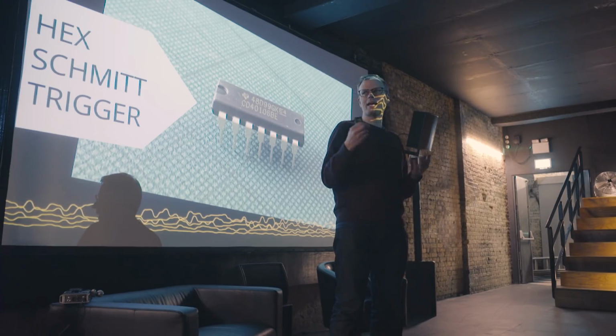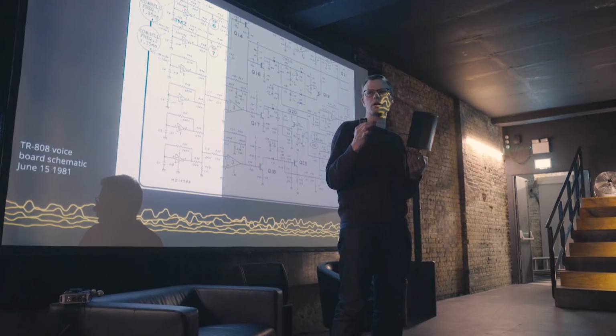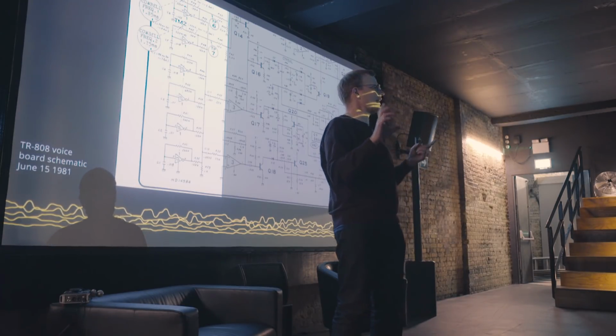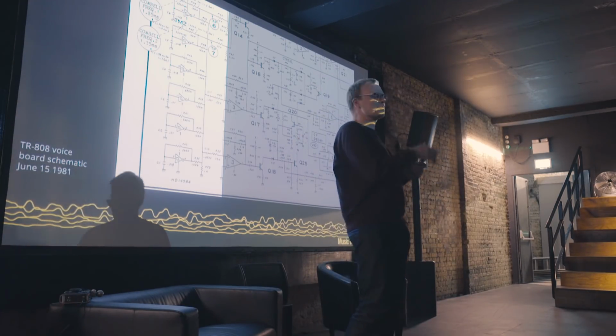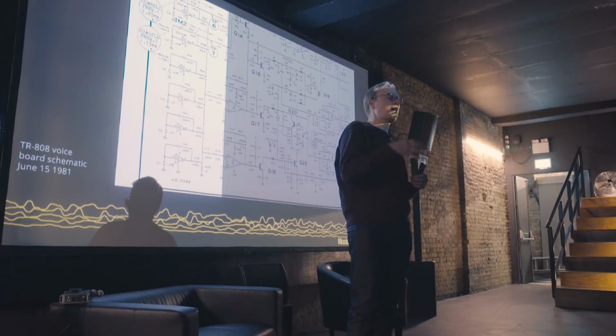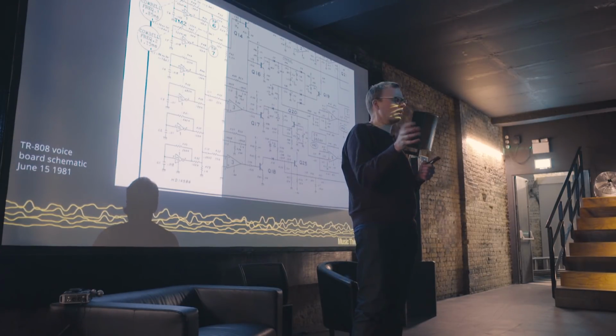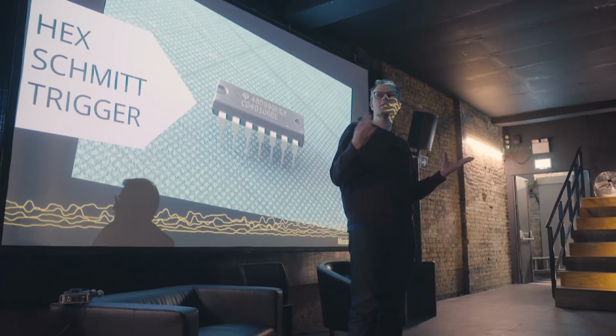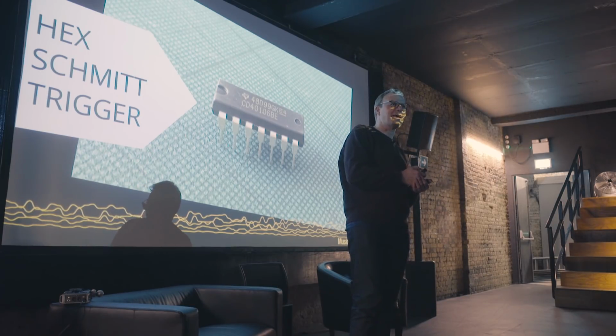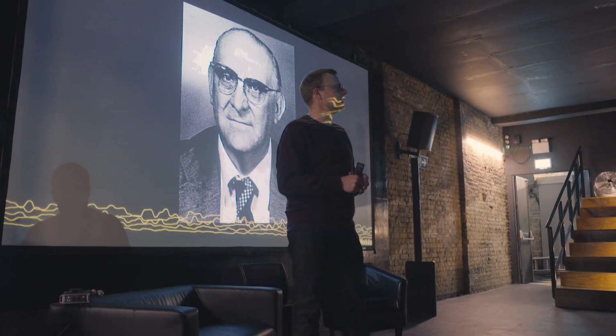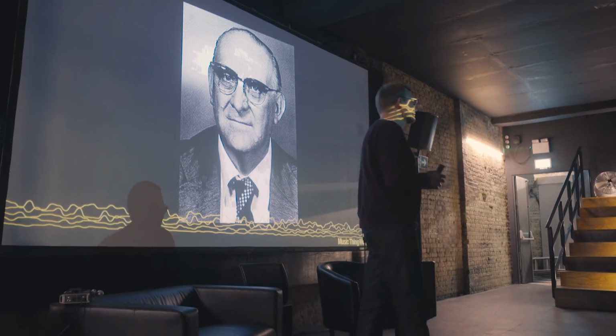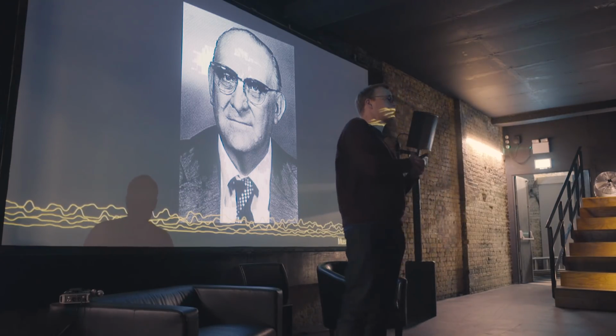And the actual circuit is also here: this is an 808 drum machine. That same simple circuit powers the cymbals and the cowbell on an 808 drum machine. So how did this circuit come to be? How did the hex Schmitt Trigger come to be invented? This is Otto Schmitt, who invented the Schmitt Trigger in